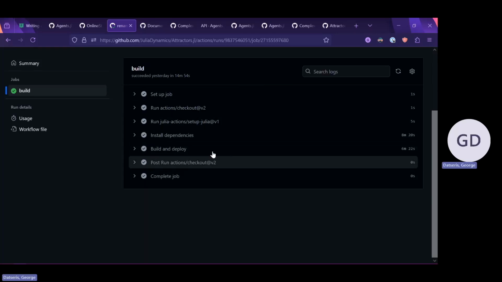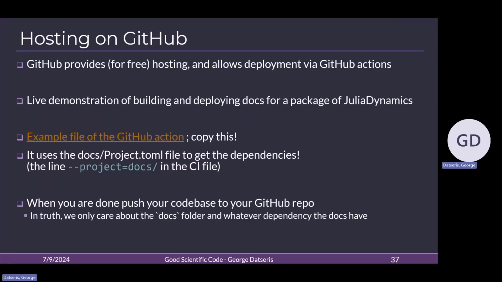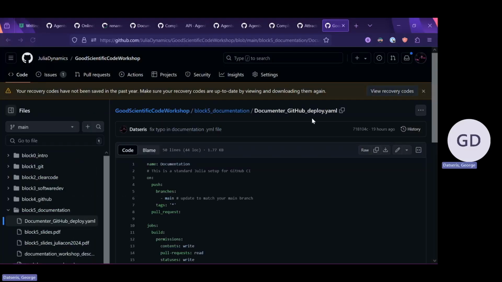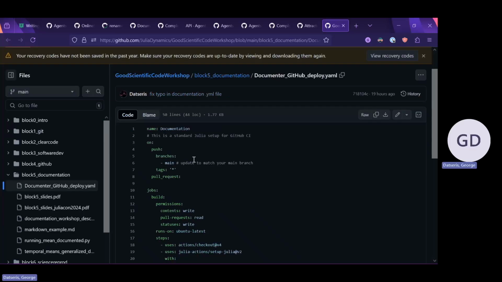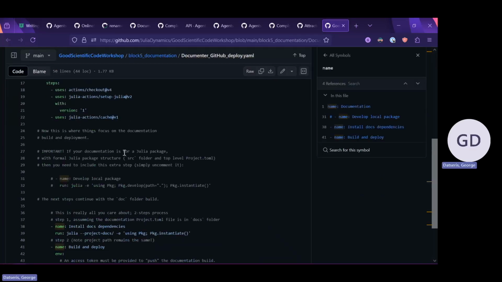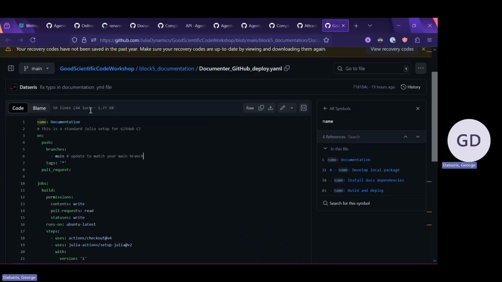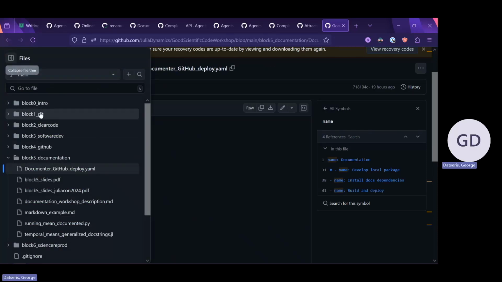How do you enable all of this? Oh, well, it is actually relatively simple. There is a special file that ends in .yaml that GitHub can use for you that contains instructions how to make this documentation build and deploy. So what you have to do is simply copy paste this file. It is linked in the slides. This is the hyperlink to this file. You just copy paste this file as is, and you put it in this folder over here.